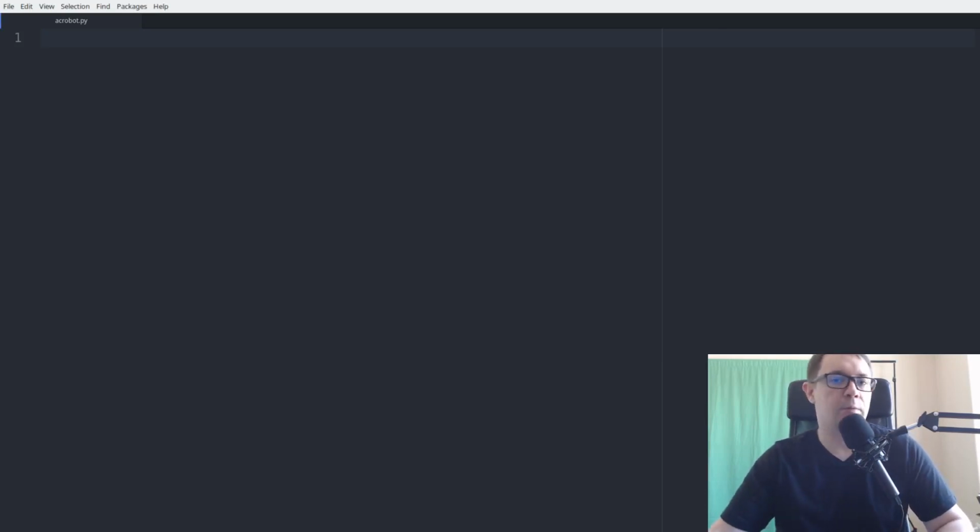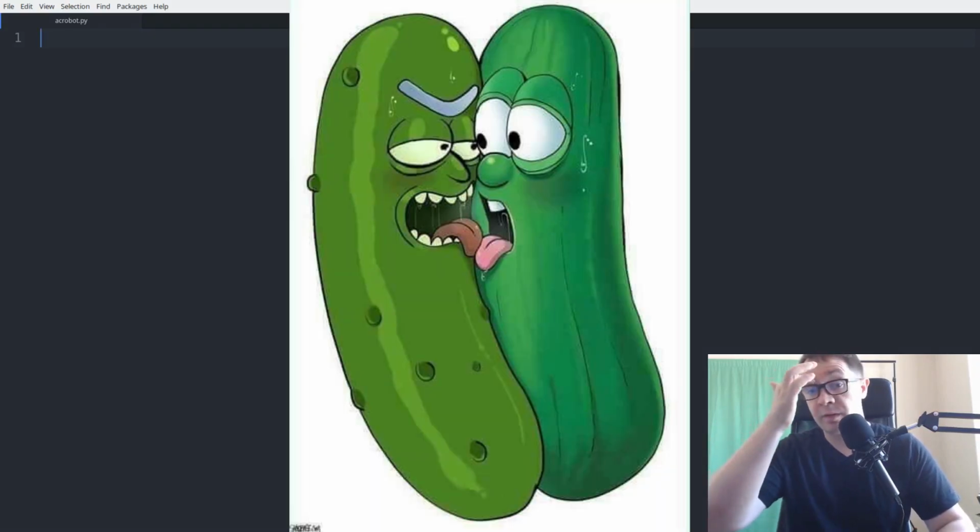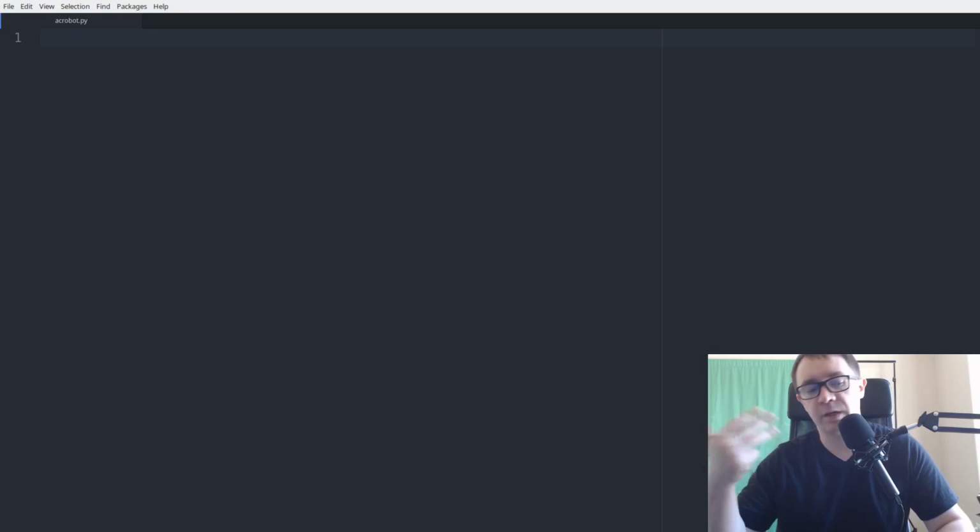So step 0, make sure you have all of the required libraries. In this case, you're going to need Gym, Numpy, and Matplotlib. Make sure you have all those installed. Oh, also we'll need Pickle to save our model in case you want to save it and then pick up training later, or to do a separate training and testing phase